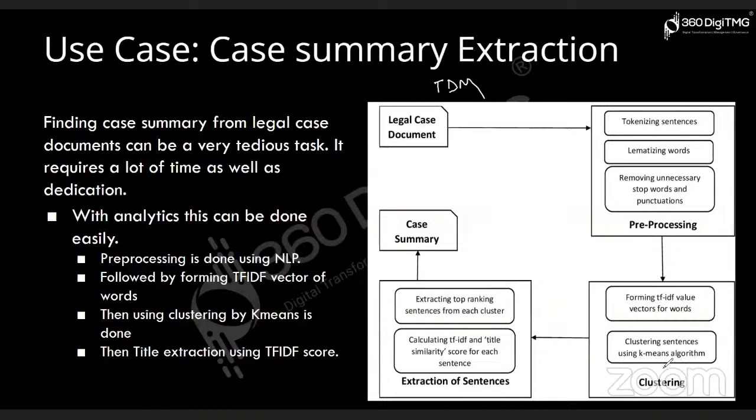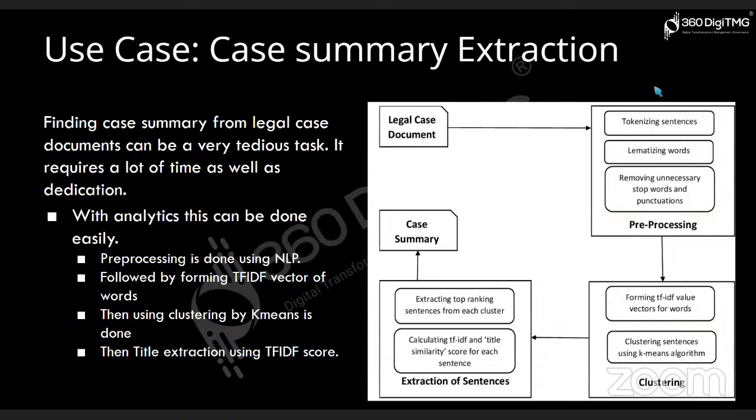So we'll be using k-means to cluster it. Once this is done, we can extract the topics or summaries using again TF-IDF and title summary score. Okay, and based on this title summary score, we will be taking the top ranking topics of each cluster, and these will form our case summaries. Okay,